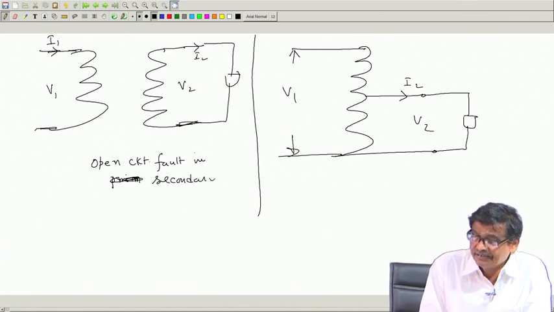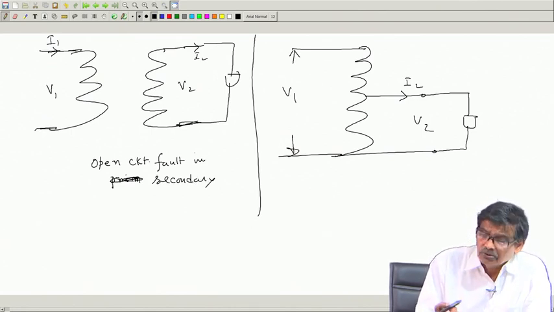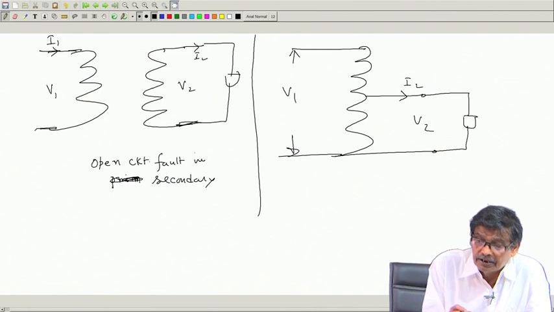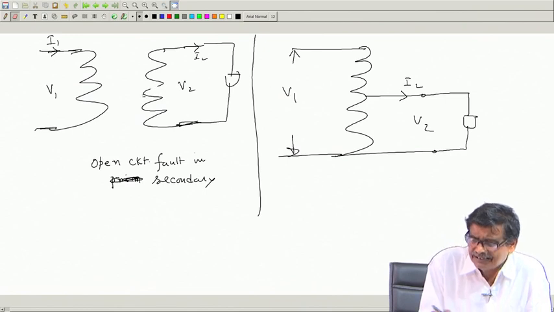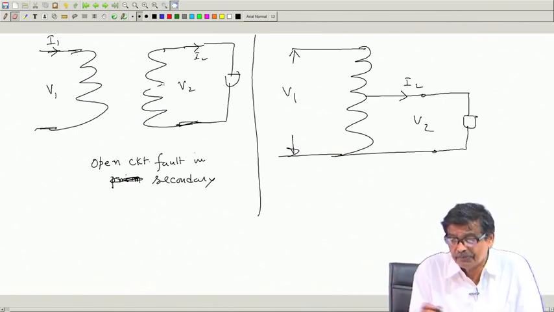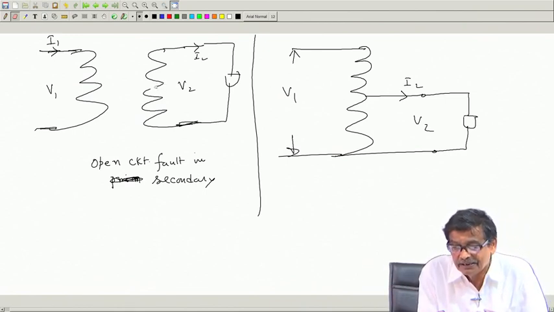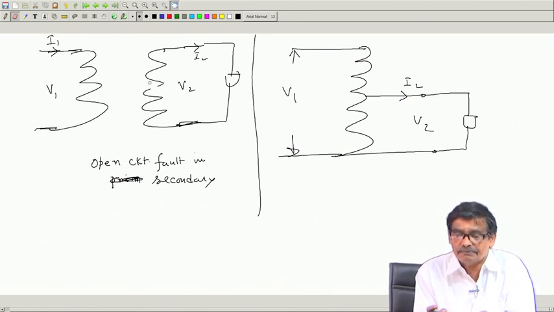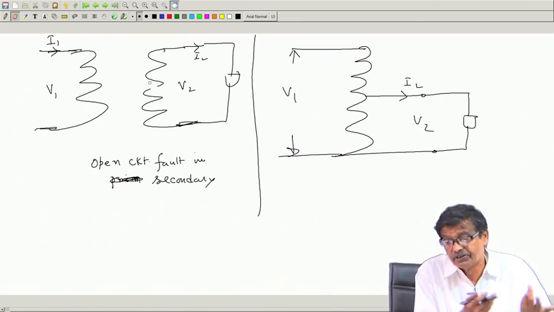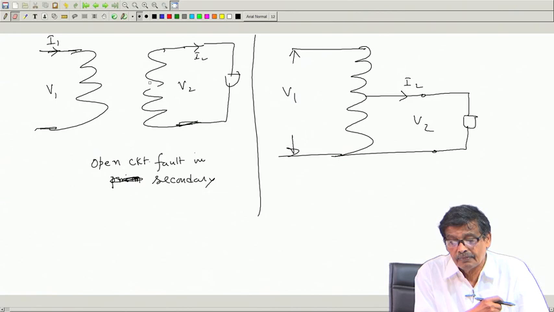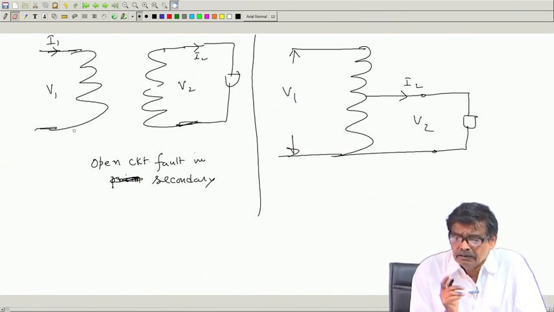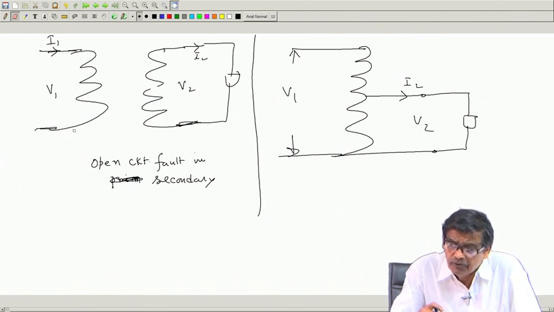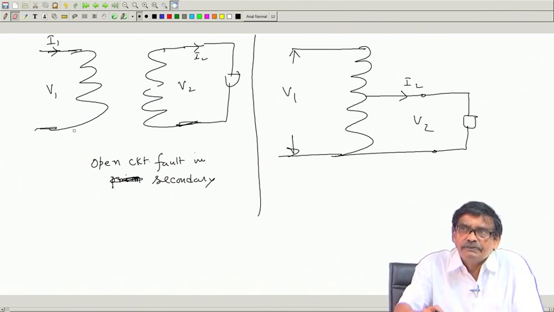A fault has occurred, which you do not know about, which creates an open circuit here. Excessive current was flowing because of some reason and the winding has become open, which you cannot see from outside. Primary remains energized. Will I get any voltage between these 2 points? No,